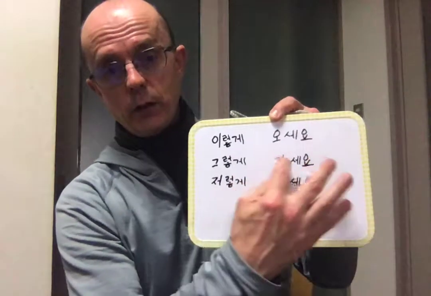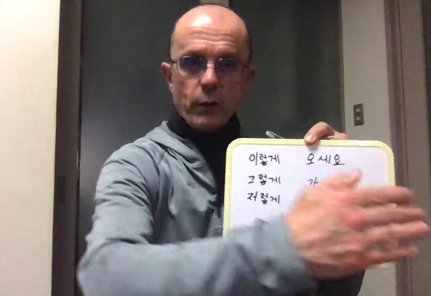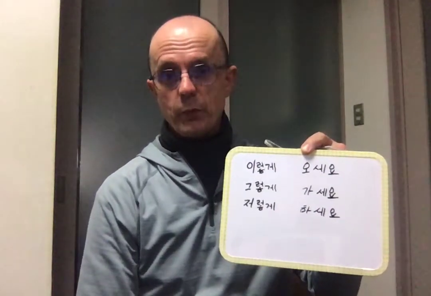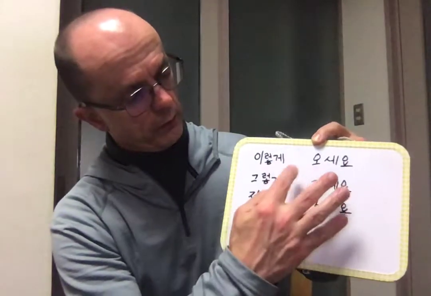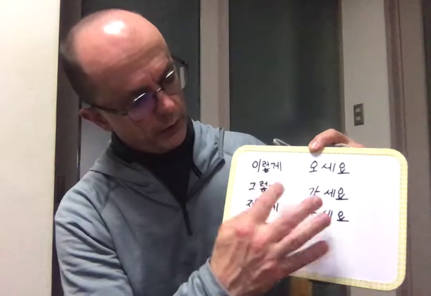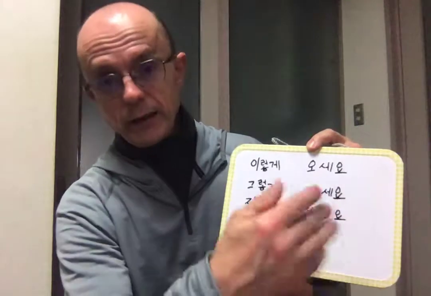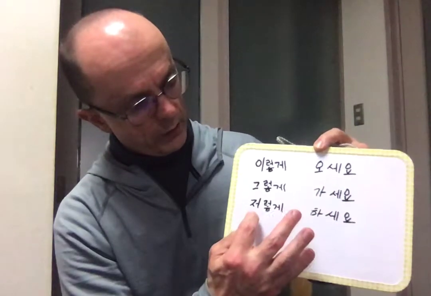Right before we had 오세요, so 이렇게 오세요. I'm giving you the path, the method for you to get someplace, to come to someplace, or to go to someplace. So 이렇게 가세요, I'm pointing out a pathway. 이렇게 하세요. So 그렇게, in that way, in that method. 그렇게 가세요. And 저렇게